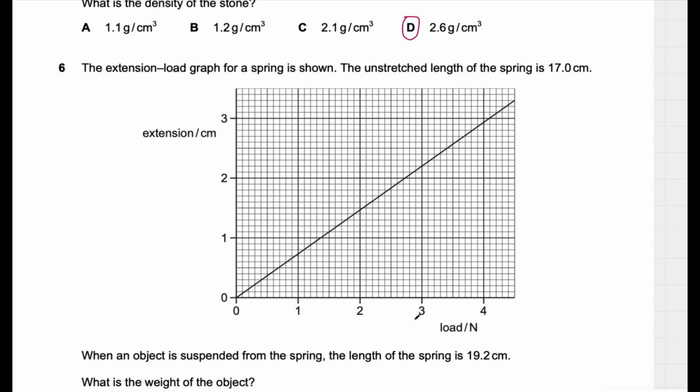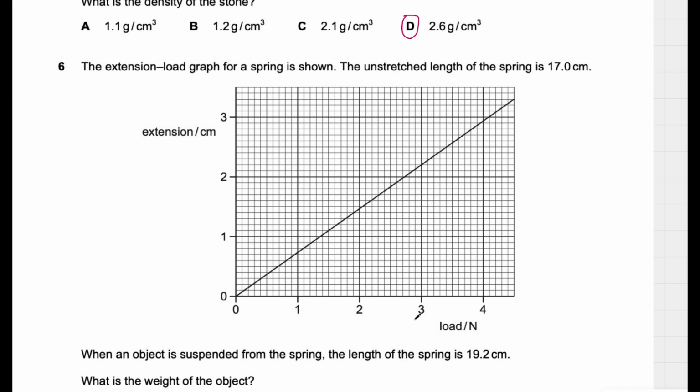Now we go to question 6. Question 6 says the extension load graph for a spring is shown. Now the stretched length of the spring is 70 centimeter. When an object is suspended from the spring, the length is 90.2. So let's find the extension. Okay, extension is the